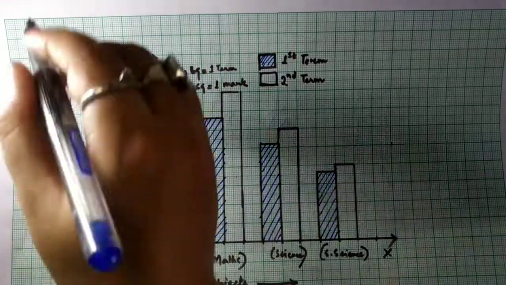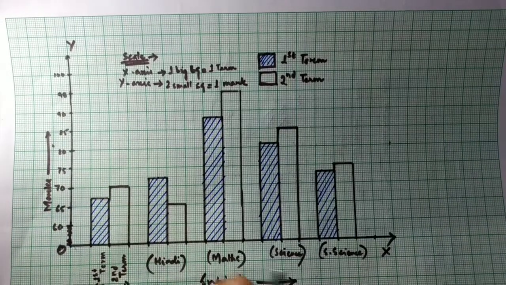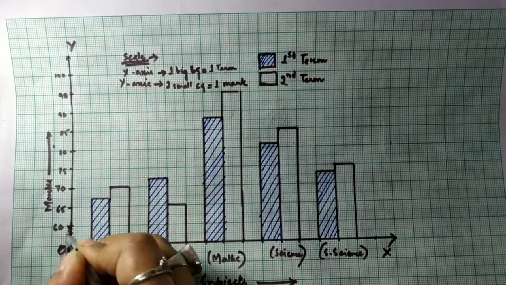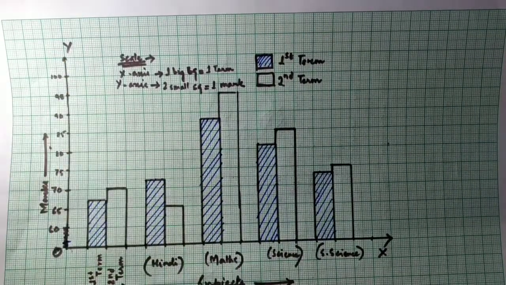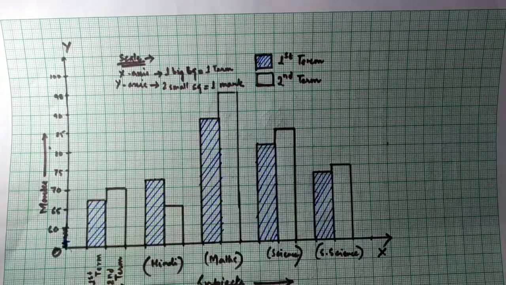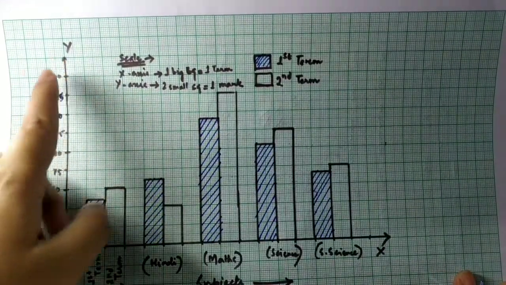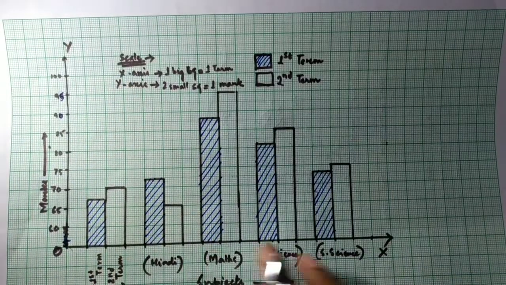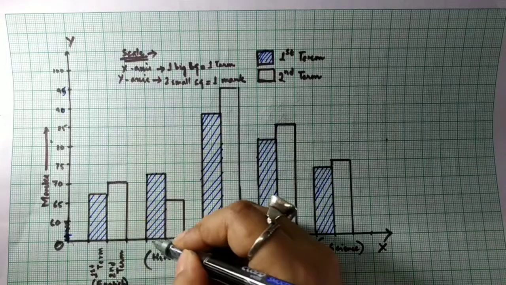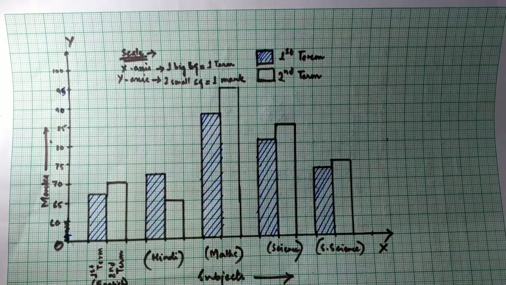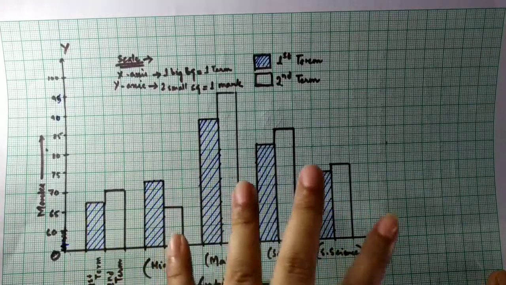If I draw all of it, sometimes there will not be enough space in my graph copy to draw all the marks, so I have given a break here. That means the scale is continuous from 0 to 60. Then I have taken an interval of 60, 65, and I have gone till 100. This is 95, this is 90, as you can see. I have taken one extra, so it's 100. On the graph I have shown you two methods. In one, I have written first term, second term every time, then the subject. Instead of that, I have not done it for the other columns. You can use this method.